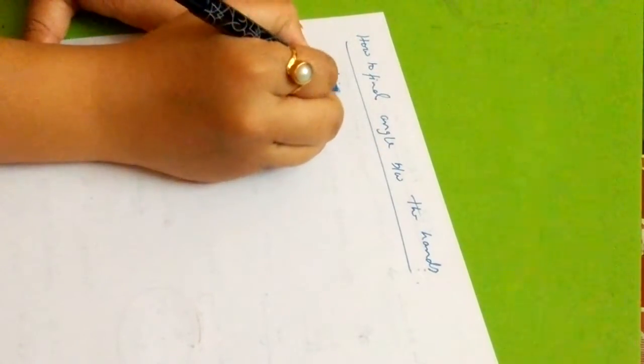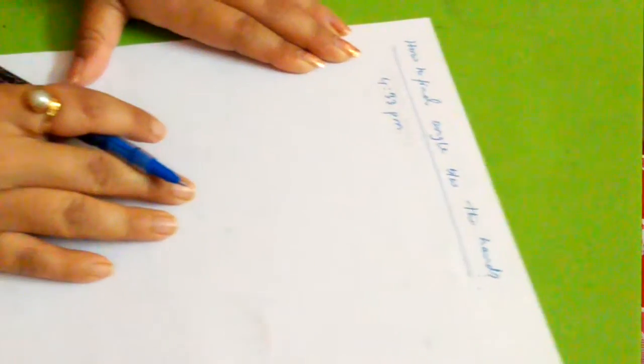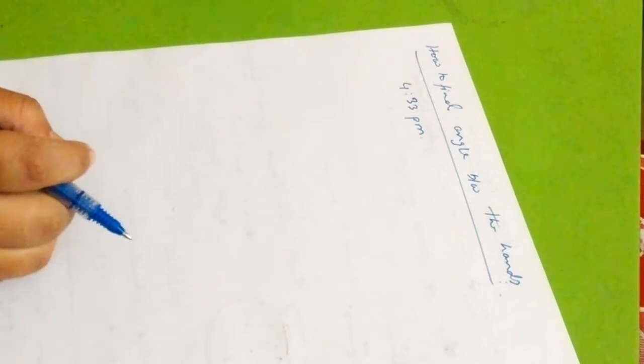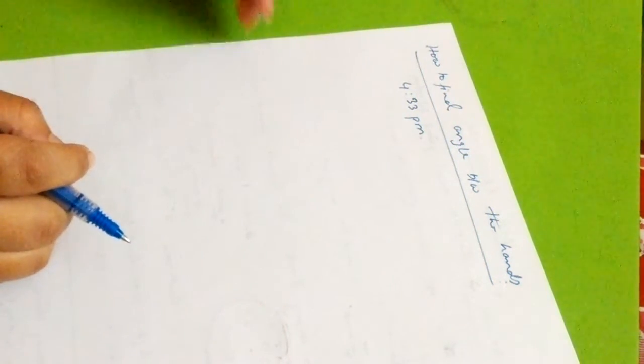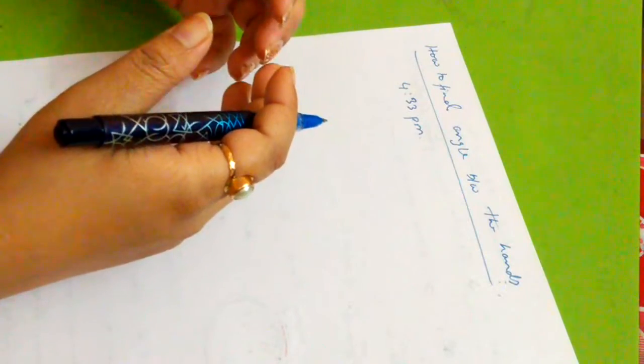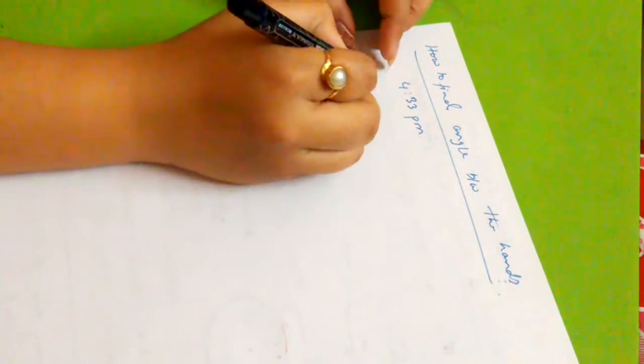Suppose the clock time is 4:33 p.m. What is the angle between the two hands? For this, of course we can calculate it manually, but in the examination hall we really don't have that much time, to be very frank. So here is a formula: